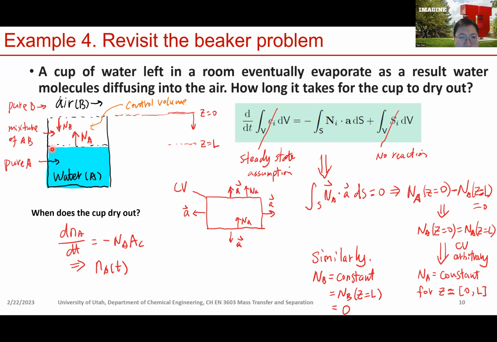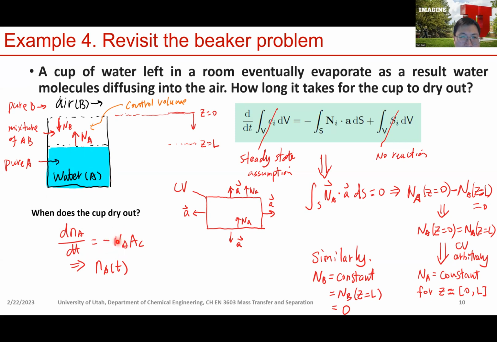So if you draw a control volume that basically encapsulates all the liquid water, we can write down the mole balance equation. dN_A/dt, where N_A is the total amount of water in the liquid phase, will be equal to the net inflow. In this case, because water is evaporating, the net inflow is negative. So we have negative